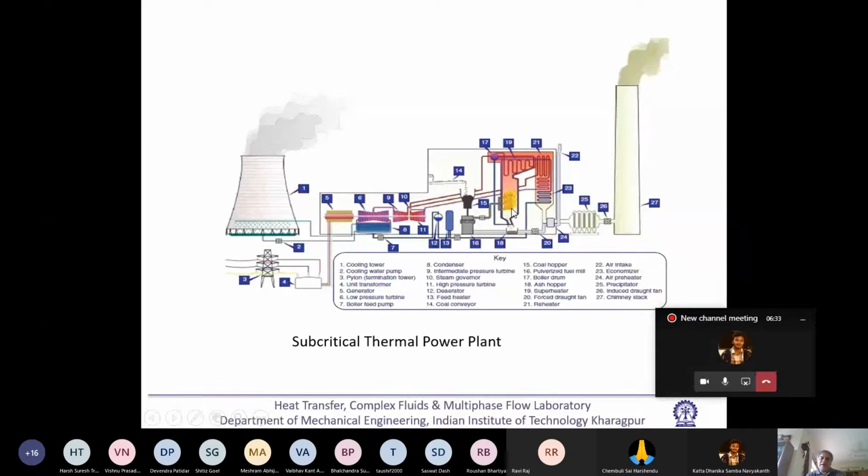As I have told, there are all the modes of heat transfer: conduction, convection, and radiation. So radiative and convective heat transfer is taking place here. After that, it is convection, a very hot flue gas. So the hot flue gas is going through. So heat transfer is taking place in different sections.